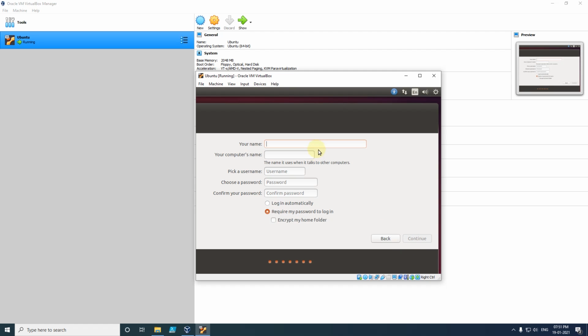And here we will have to give some basic information like name, computer name, username and password. So I will give my name. And now we have to give some name to our virtual machine. I will give here Ubuntu VM.